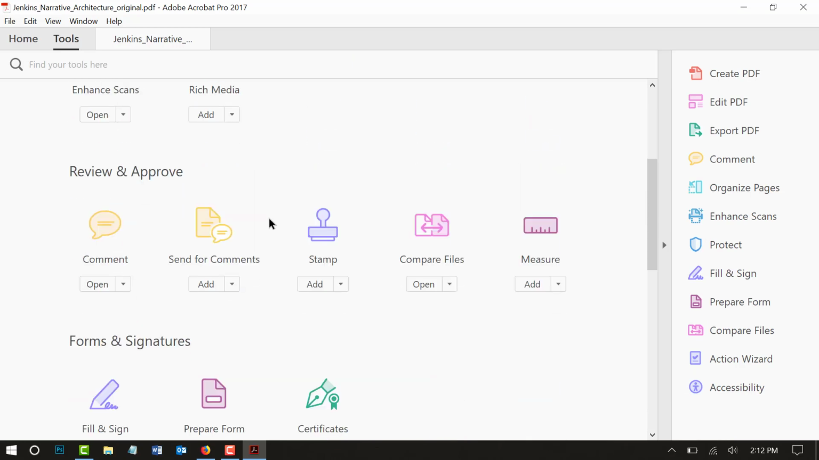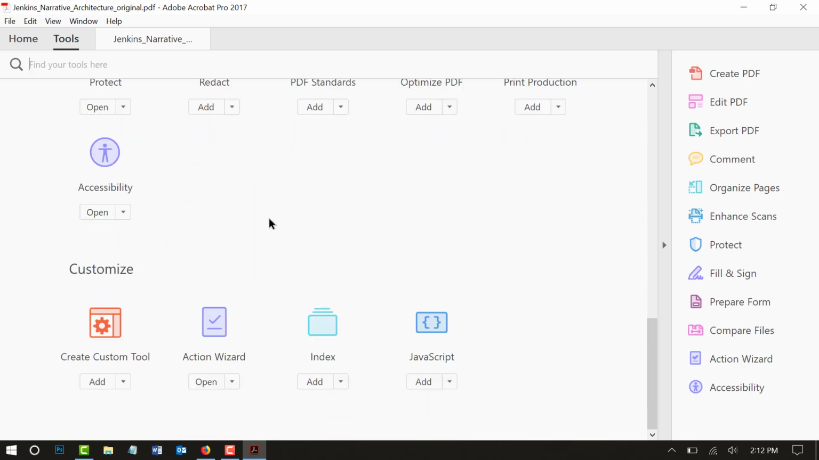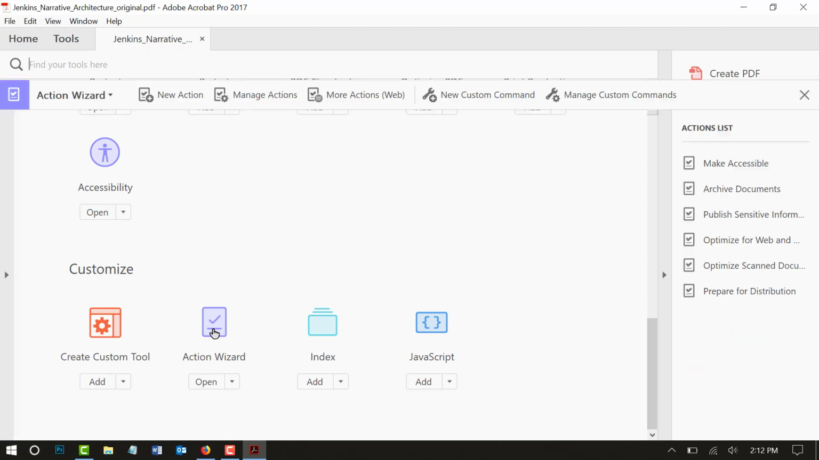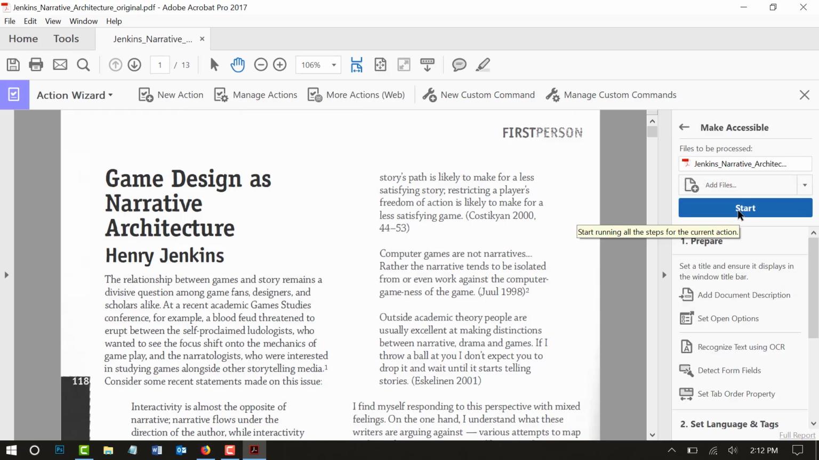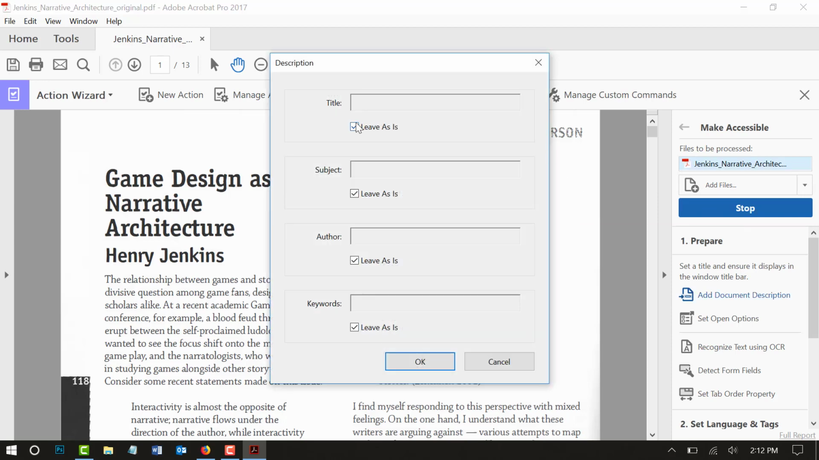But if I go down now to the action wizard, it's customize action wizard. We're just going to skip a lot of steps and go straight to the make accessible wizard. It's going to help run us through this whole process. If I hit start, then we've got a couple of problems here with accessibility from the start. We don't have a title, we don't have a subject, we don't have an author, and we don't have any keywords. Sometimes you can just leave as is and that's okay, but in this case you would actually want to